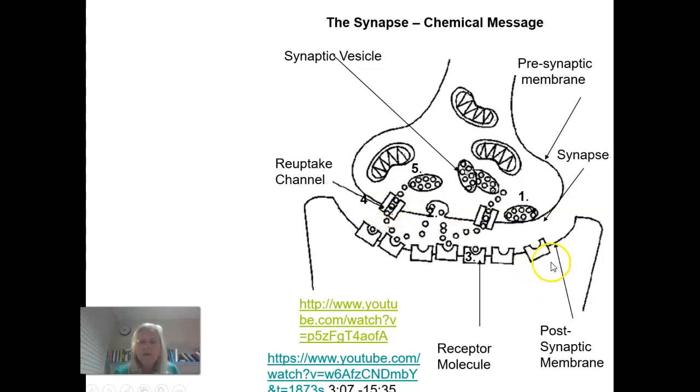Down here, these things that look like blocks, they're actually just chemical structures, but they're illustrated by this kind of design. These are called receptor molecules. So in my hand, where I have these motor neurons and these sensory neurons, these receptor molecules will take in specific neurotransmitters like a lock and key. And then the postsynaptic membrane is this whole membrane that contains the receptor molecules. The space in between is called the synapse.